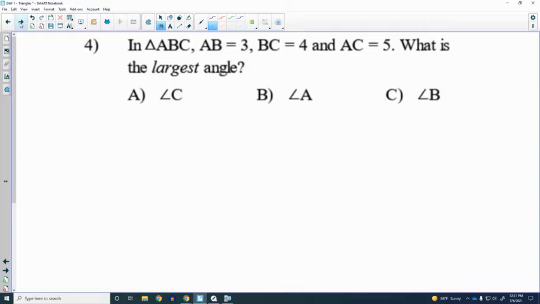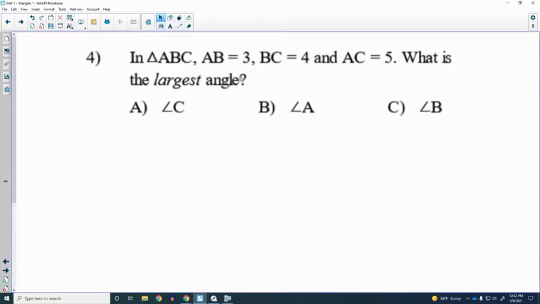All right, let's take a look at just 2 more problems, one that go in each direction, but don't give us a picture to go by. Here, the given information is in triangle ABC, side AB is 3, side BC is 4, and side AC is 5. What is the largest angle? Well, there's a couple different ways I would teach you to do this. Well, one way, which is always a nice way to go, is to kind of draw yourself a makeshift triangle